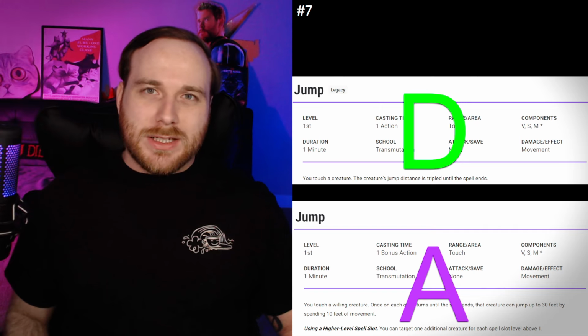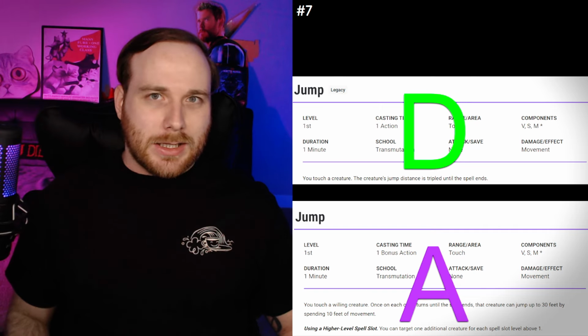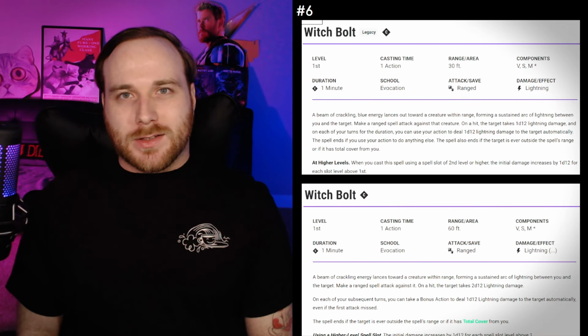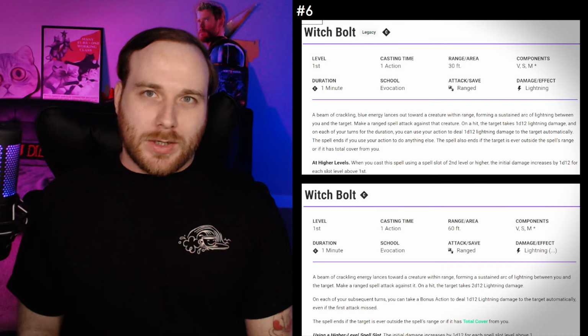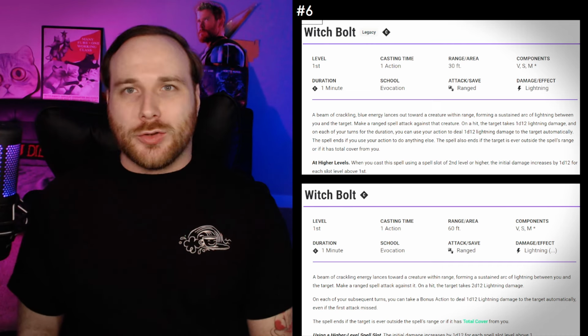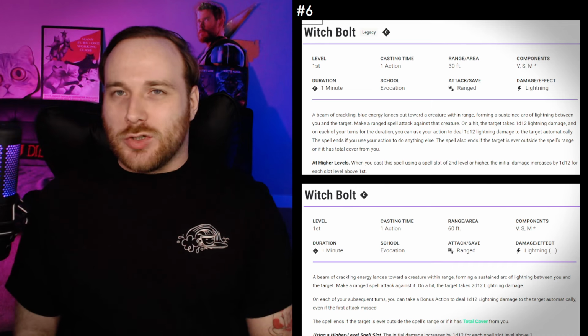But now I feel like it's a pretty solid spell, and I think most people should take this if they have access to it. So number 6 is Witch Bolt. So Witch Bolt is a spell that had a 30-foot range, action to cast. You roll to hit a target, and if you hit, you do 1d12 damage, and then you concentrate on the